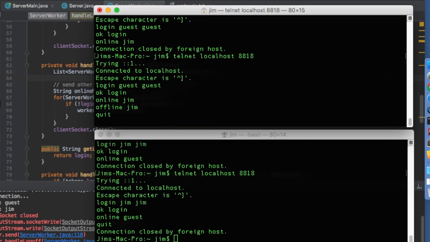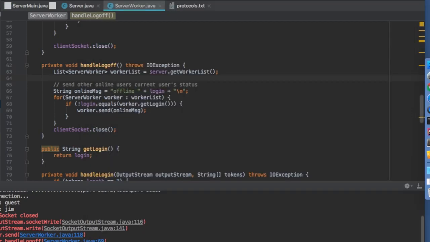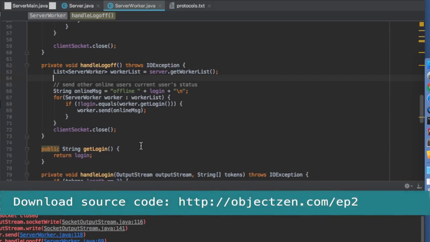Okay, so that's how we have it. We just created the commands to handle the presence of the users. So when a user comes online or goes offline, we notify other users of the current status of every other user in the system. So that's basically the foundation for building the presence of users in a